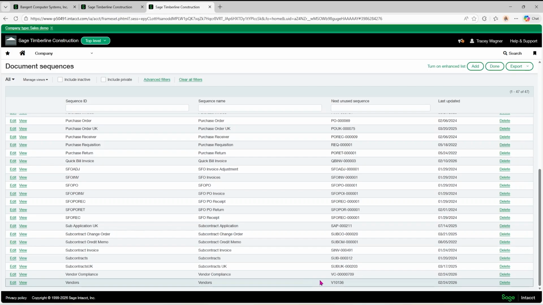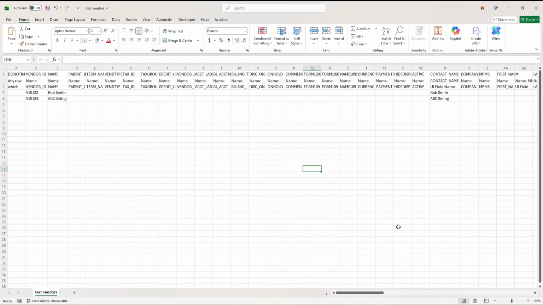In most cases, it's because you have done an import. And I'm going to show you what I did. I did this import for this example. I actually imported 133 and 134 vendor just to show you how this can happen. So a lot of times you won't even have this vendor ID filled out if you are importing new vendors because you know that the system's going to assign that automatically. Some people do fill this out though, especially when we load your system for the first time. We might have already filled this out for you.